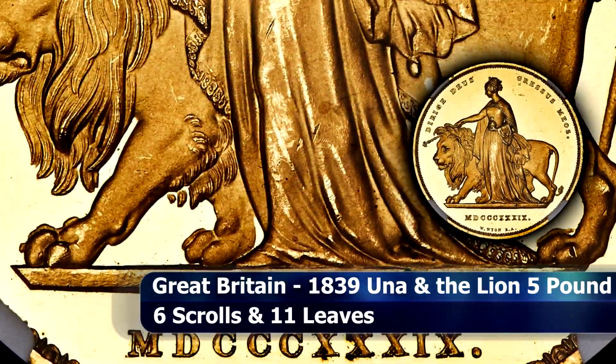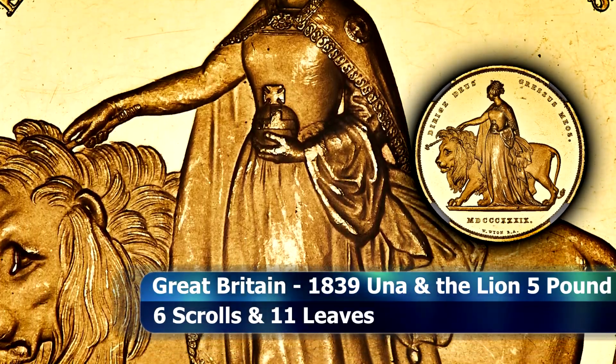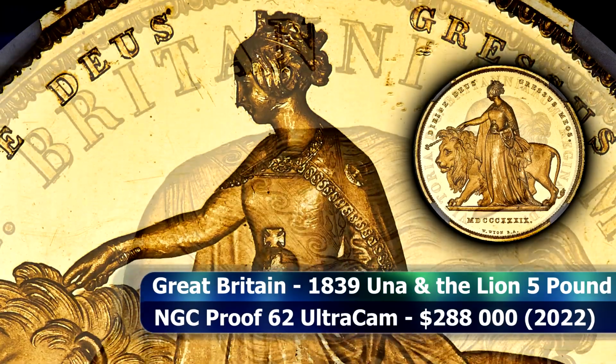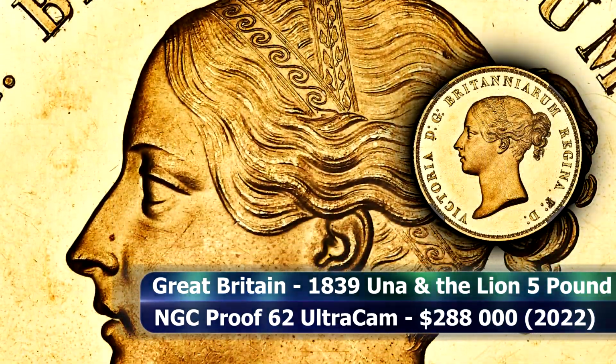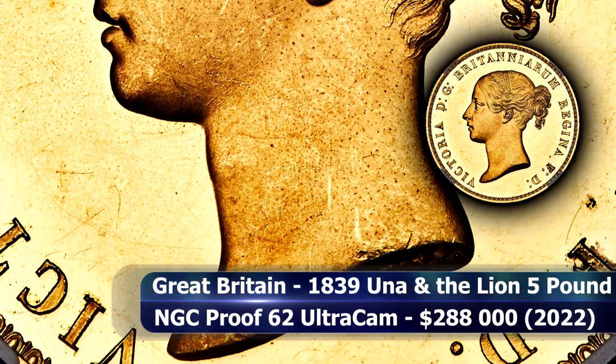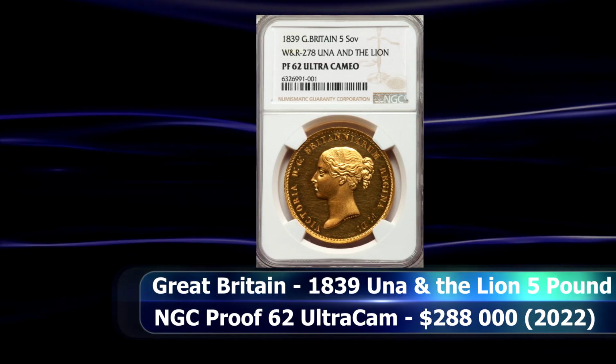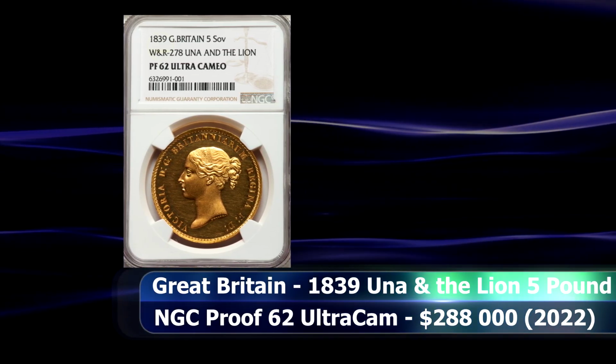Today, the Una and the Lion quintuple sovereign, a coin which beautifully celebrates that sense of exultant optimism, is one of the most sought-after rarities in the Victorian series, with the current example graded as NGC Proof 62 Ultra Cameo that saw a closing price at auction of